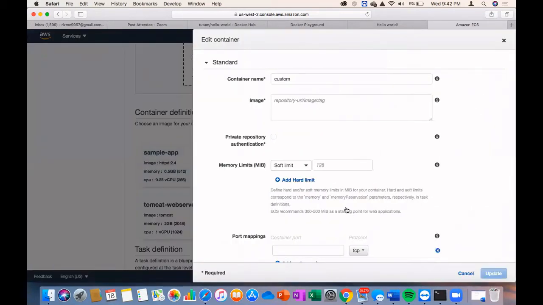Good. So in the image name, what is the image name we have? Tutum hello world, right? No, the image name below. It's saying repository URL plus image name, right? So go to your Docker Hub, copy that image name.